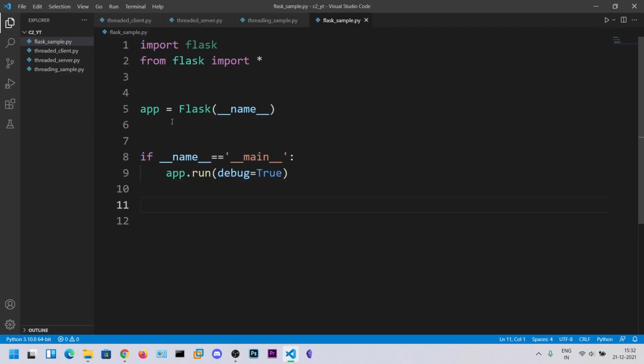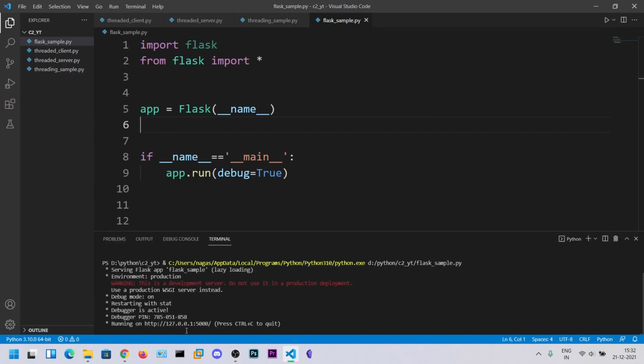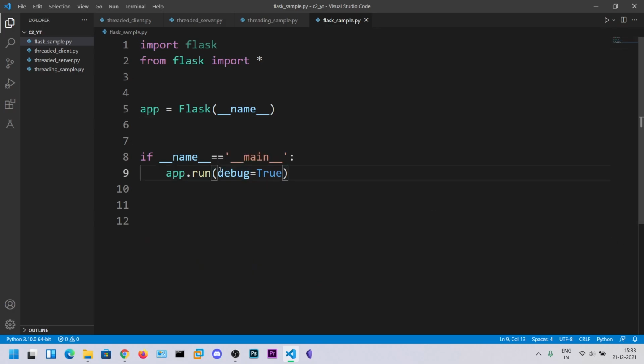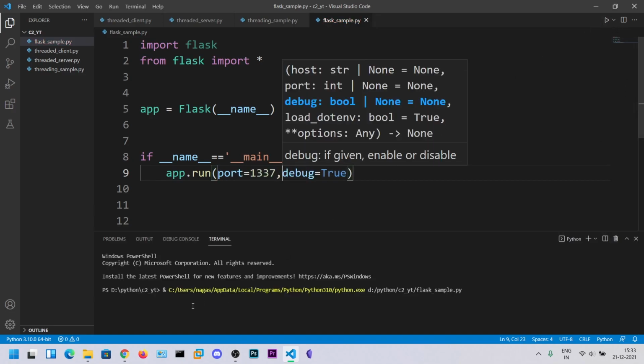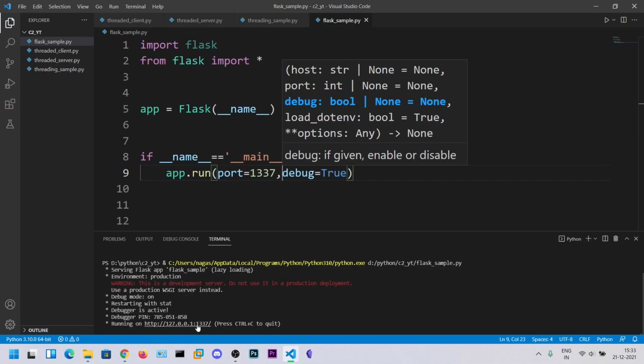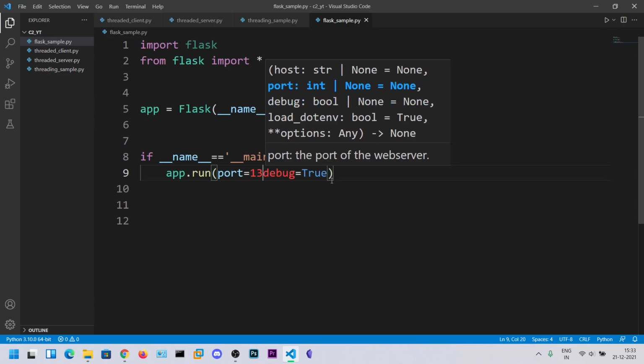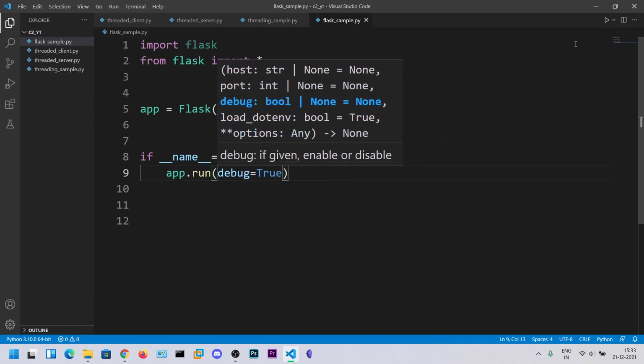If you want to change any of this Python code, then you would need to run this file again. So without that overhead, you can say debug equals true. The server refreshes whenever there is a change in this file. So now let's click run, and here you can see the host IP address and the port number. It runs by default on 5000. You can also say port equals 1337 like that. Run this one, and you can see the port number has been changed. Generally, if you want to change the port number, you can change it like that. But we are not going to do that.